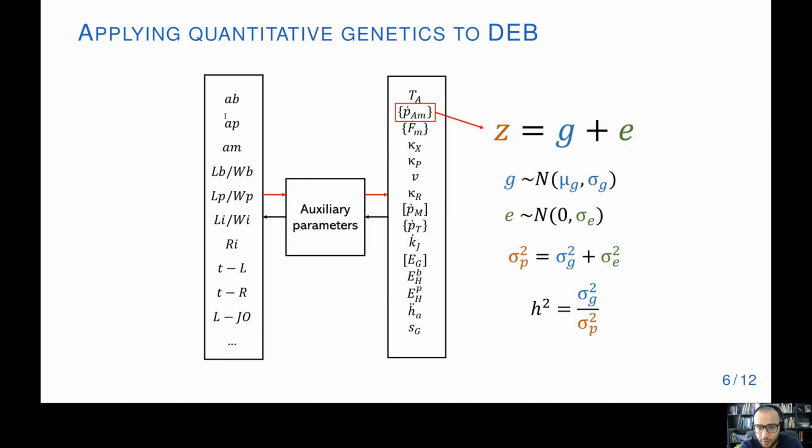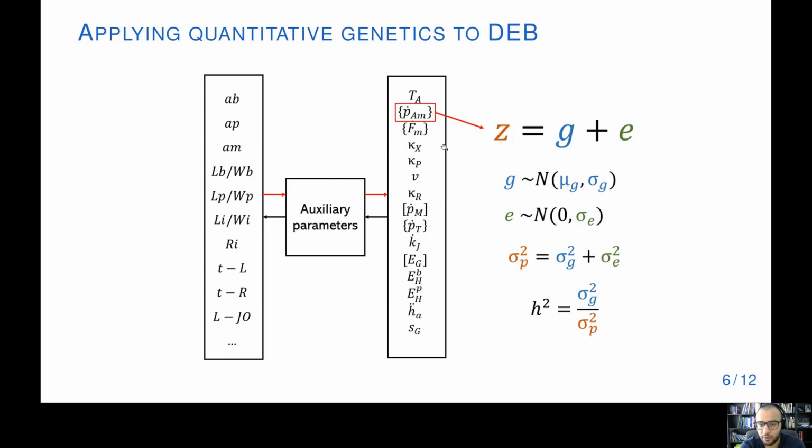So we start with the assumption that variability in any of the life history statistics does not necessarily fully originate from measurement and observational errors, but that they also might have a biological origin and potentially a genetic one. Given the fact then that the model structure as well as the conversion and auxiliary parameters remain unvaried, you can then assume that from the mapping between the parameters and the data, that parameters can also vary between individuals of the same species, and that some of the variance can also be genetic.